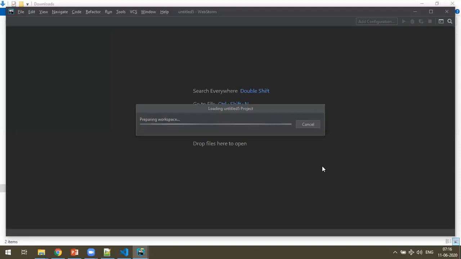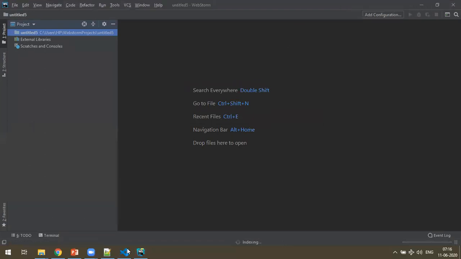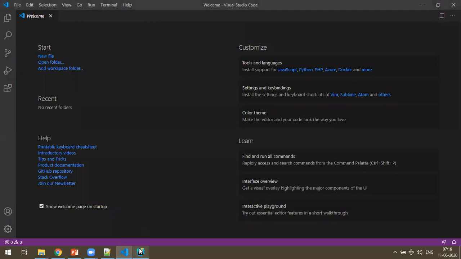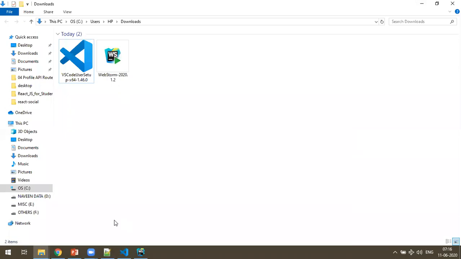Okay, fine. So now you have successfully installed the VS Code editor and also the WebStorm IDE. Sometimes I'm going to use VS Code and sometimes this one, because I'm switching between both since in a company we are not sure which editor they are going to use. So that's the reason we should have knowledge of at least two editors. That will be good. Most of the time I'm going to use only WebStorm. Fine. So now, where did we stop?